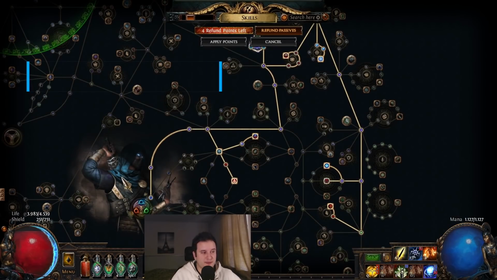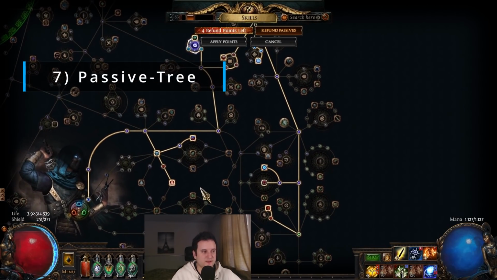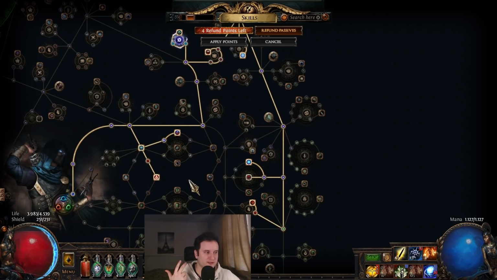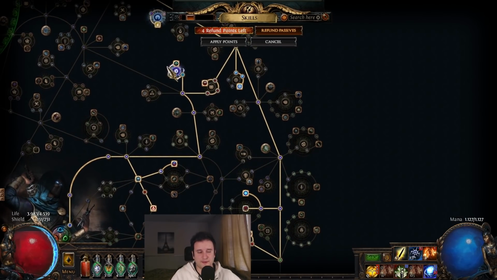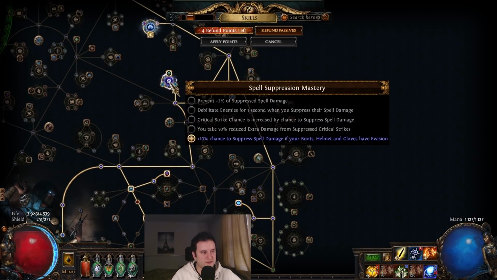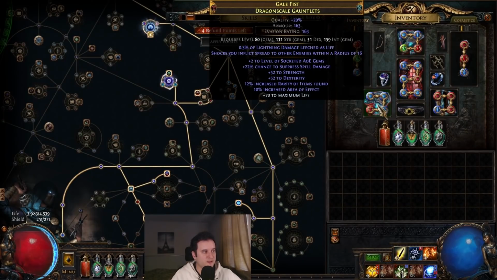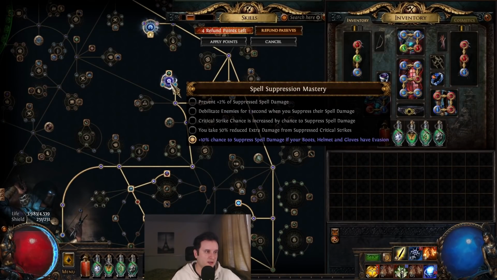Next up, let's talk about the passive tree. So we're an Assassin, we already talked about that. Basically what we're trying to get is crit, cast speed, life, and a little bit of spell suppression right here. Definitely take this wheel. Now be sure that your helmet, your gloves, and your boots are evasion based, at least a little bit, right? They don't have to be fully evasion based, but only then can you actually get the 10% chance to suppress